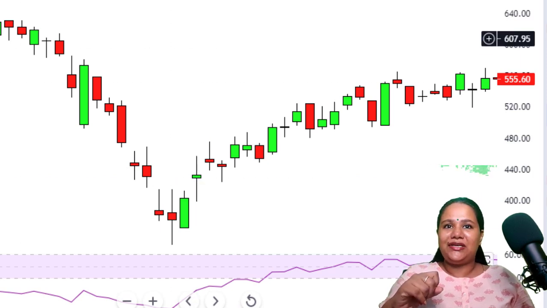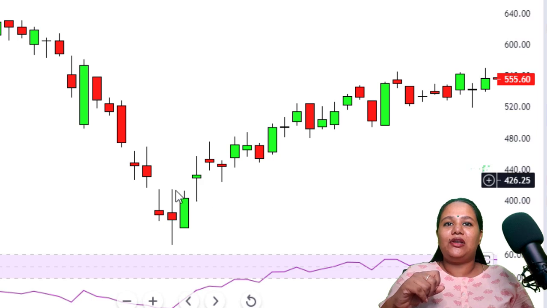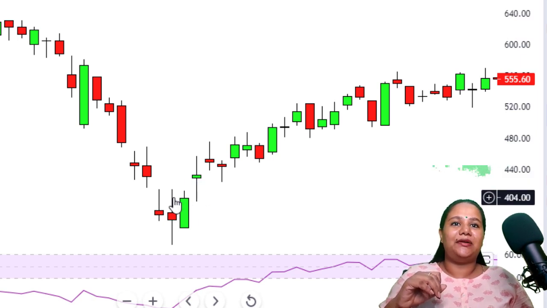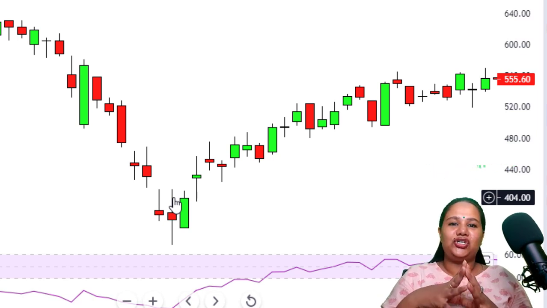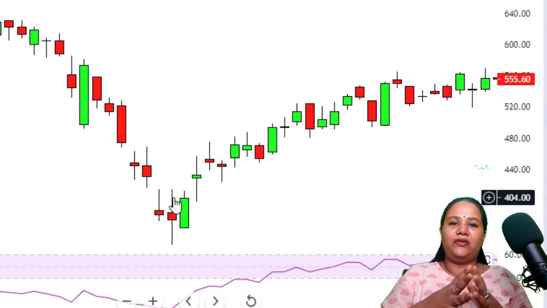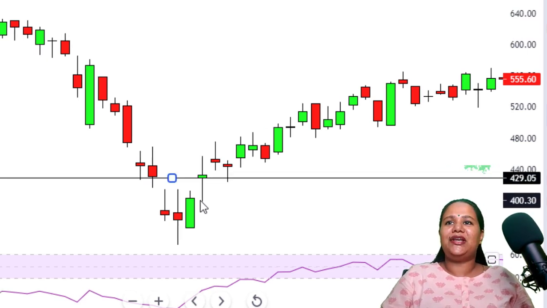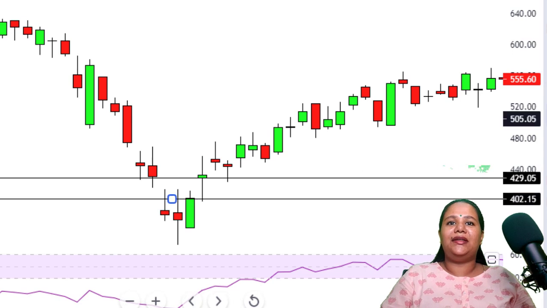And what you can see here is that on the very same trading day, that gap has been filled. So the market makes a low of 398 on the very same trading day, and that gap has been filled. So from 398, once again the market has pushed the prices higher and gone back to 427. So when you see such a situation occurs, you can understand this is just a common trading gap. That could be some kind of news which is behind this type of gap opening, so there is nothing for you to worry about or take a decision based on this gap. Okay, so this is a very common type of gap and it's called a trading gap.